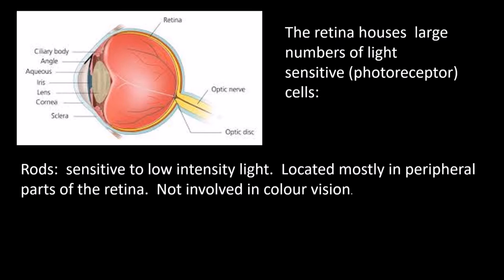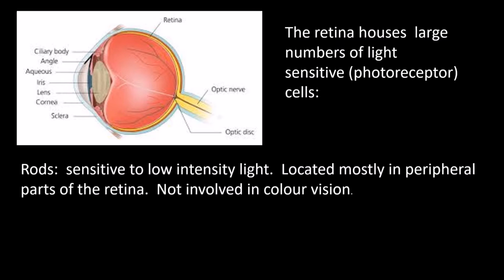When you look directly at something, the light arrives essentially at the back of the eye rather than around the fringes. And the rod cells are not located primarily within that region, which is sensitive to light coming from what you're looking at directly. They're more involved in, for example, enabling you to notice things happening out of the corner